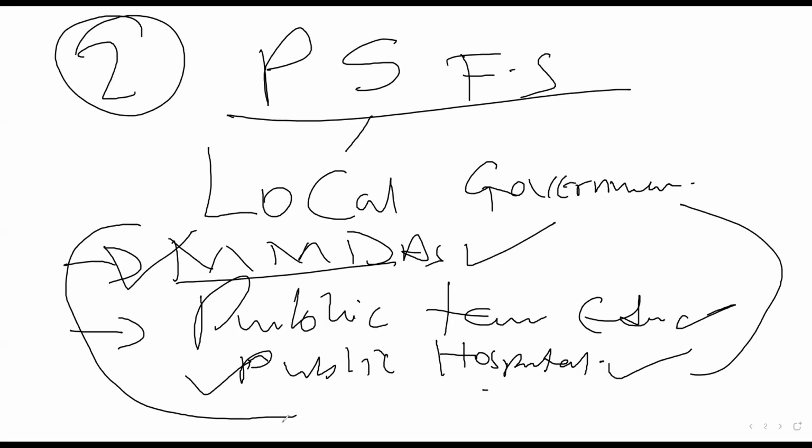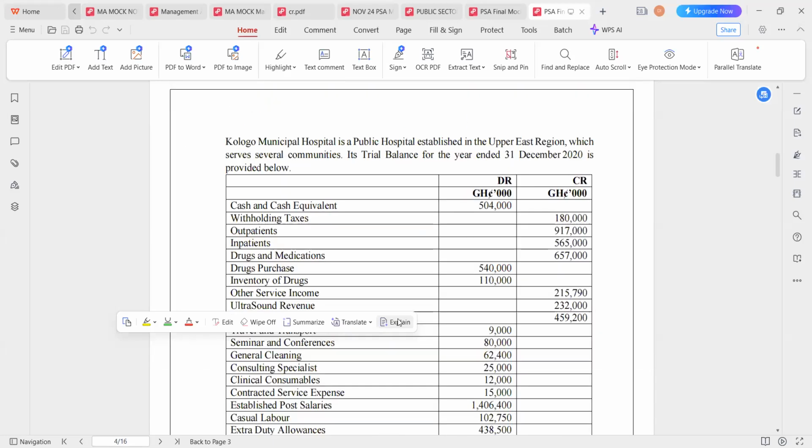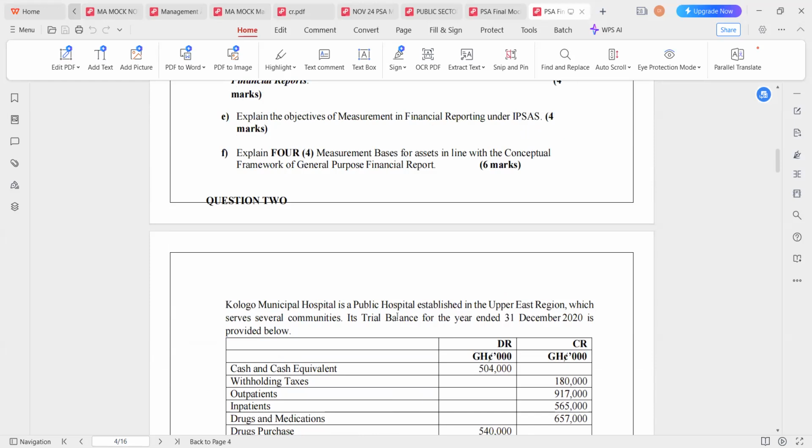So I'm done. Which question is there for you? That's my question too. On your exam sheet, the question number may change because this is a new cycle. This is the new ICA syllabus, so the arrangement of the questions will change, but the facts remain the same. The storyline hasn't changed.